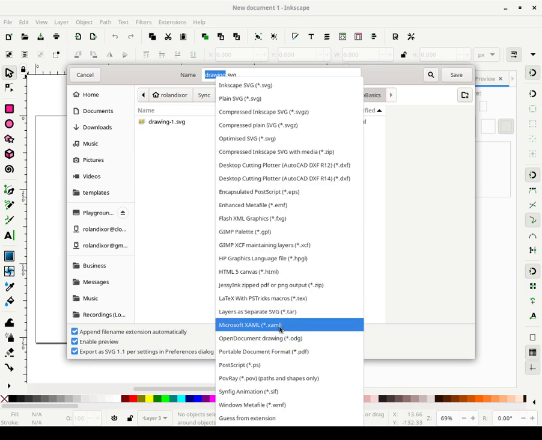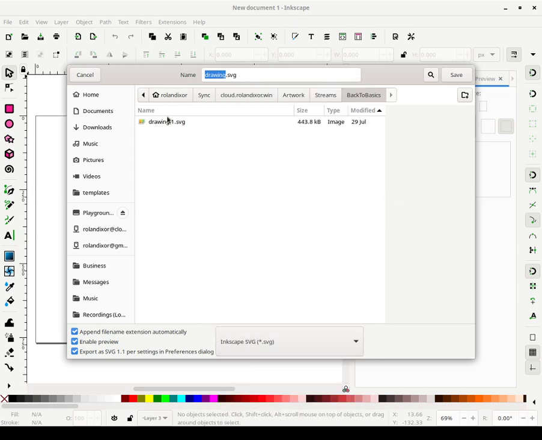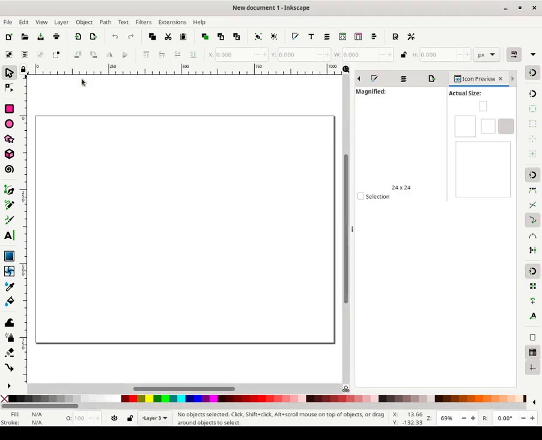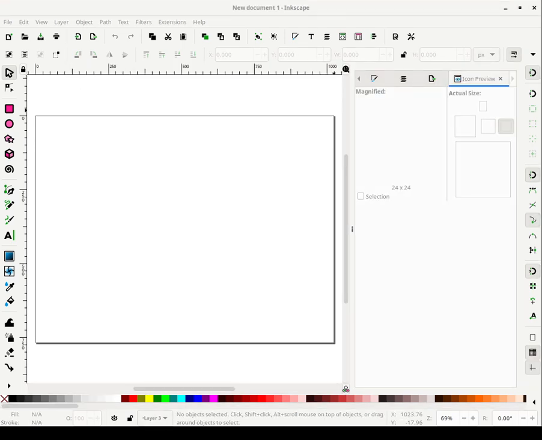Right, there's no sign of HTML anywhere in here. Oh wait, there is HTML5 canvas, but that's not what we're talking about when we are talking about actually doing website mockups. So you can't do what you can in Photoshop and Figma and those other apps and services, where you can directly export to a website, but you can still do mockups in Inkscape.